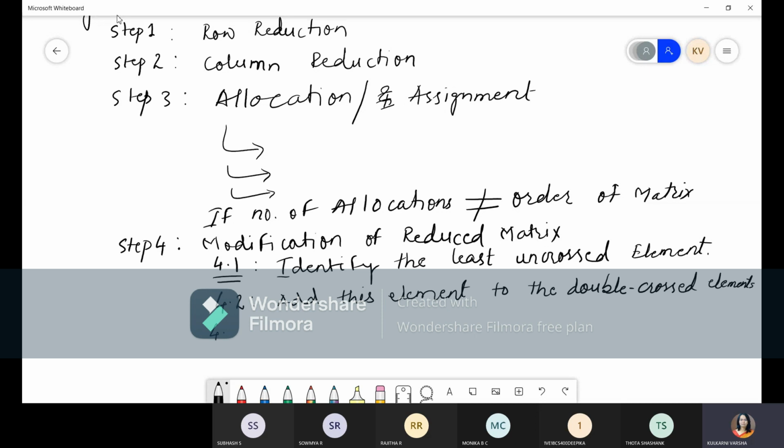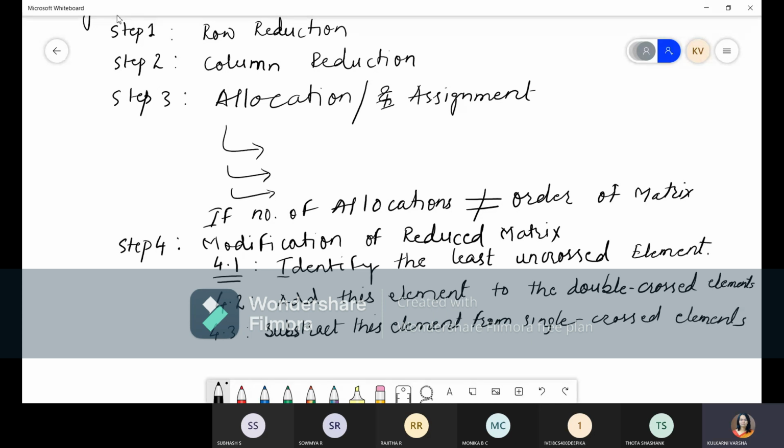And then next step is what? We have to subtract this element from single crossed elements.